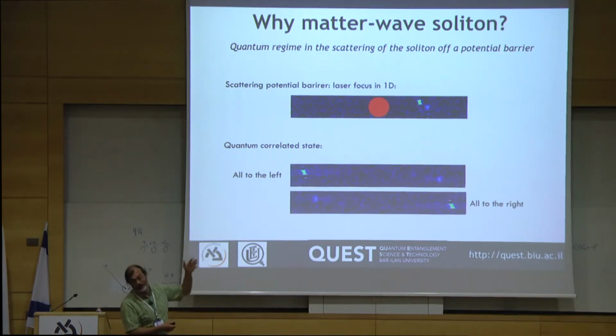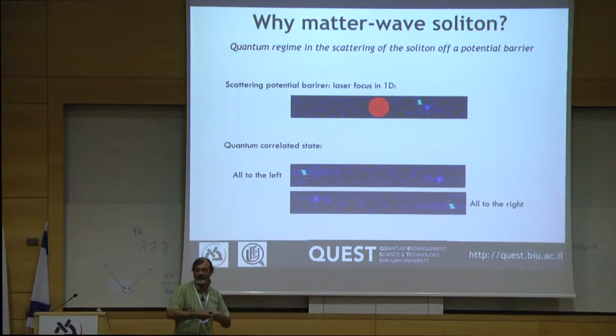For example, this is sort of an imaginary experiment. You take the soliton and you throw it against the barrier. Now if the kinetic energy is smaller than the binding energy, then by colliding with the barrier, the soliton cannot split into two parts. If the opposite is true, then it splits, just like a beam splitter. It splits in two parts, and then you can recombine them. You will see the interference fringes, of course.